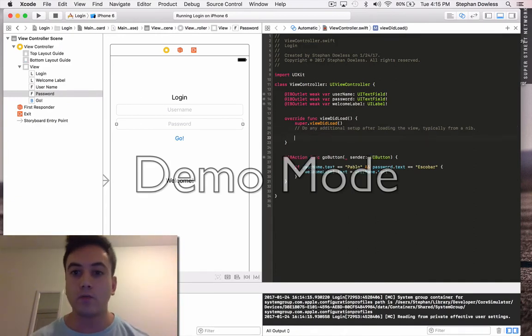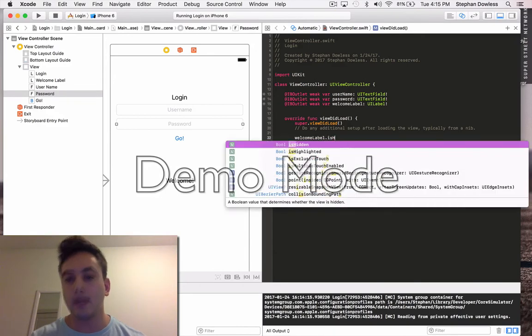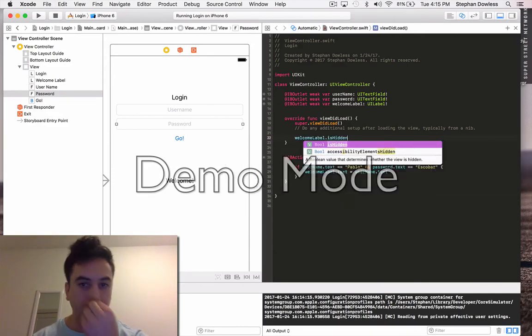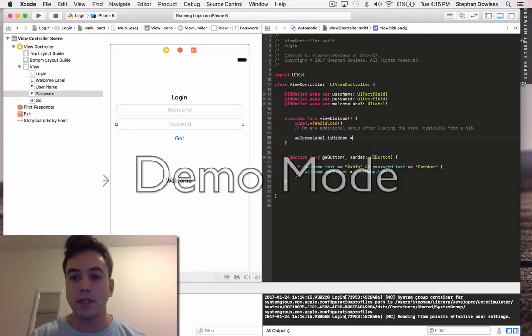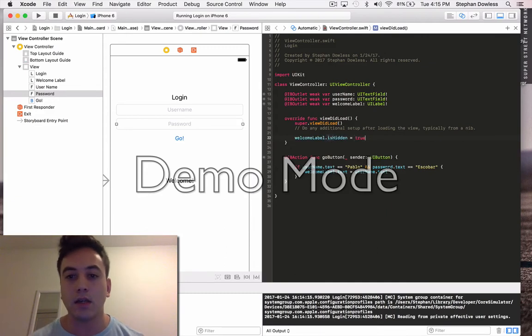So essentially when this view loads, we want that welcome label to be hidden. Okay, so it's as simple as this. Remember our access point is welcome label. Okay, so we're going to type in welcome label dot is hidden. Okay, that's the command that's going to hide this for us. And we're going to say equals true. Okay, that's just saying that is hidden is equal to true, meaning this thing is going to be hidden